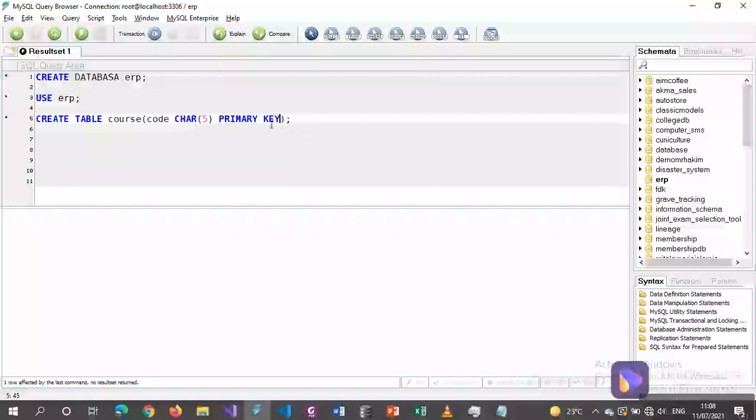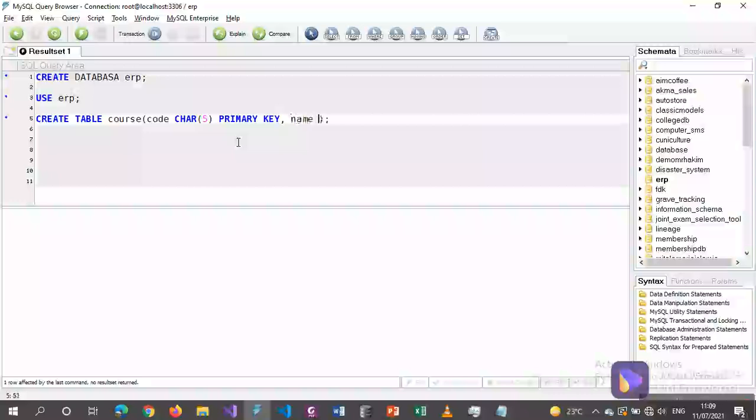So all this is a definition of one column. There's no comma whatsoever within it because it is all one definition, just spaces. So the column name, then we put a space, we put the data type, and then we put a space, then we put a constraint. If there are other constraints for this column, we can just put a space and write the other constraint. But if you're done with this column, then we put a comma, so that we can now define another column. Maybe the other column is